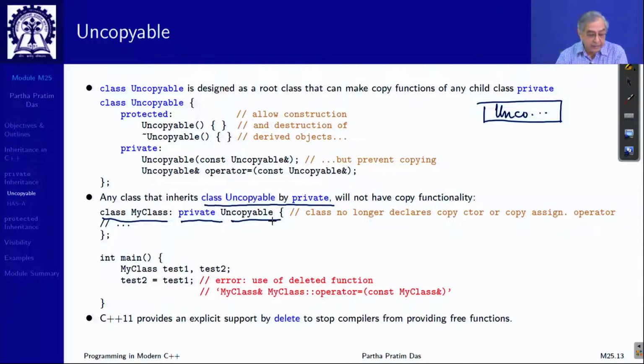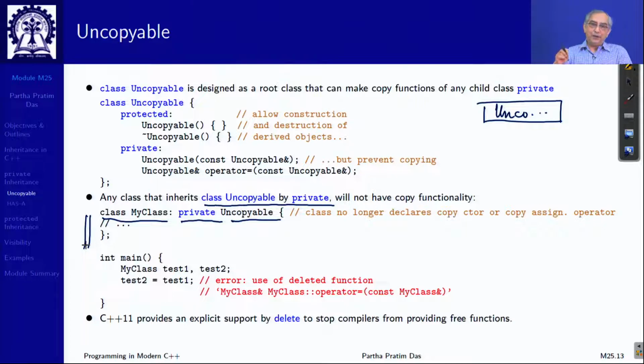So, the class, if it inherits that by private, then even if the compiler provides copy functions for my class, I will not provide them naturally. The compiler will provide the copy function for my class, has to, but